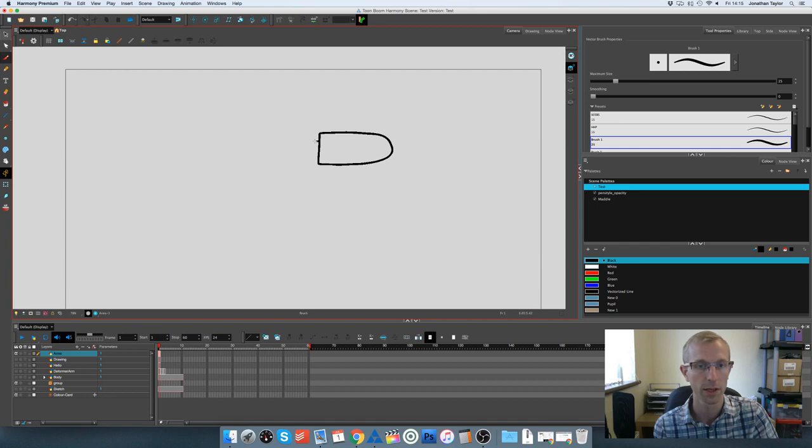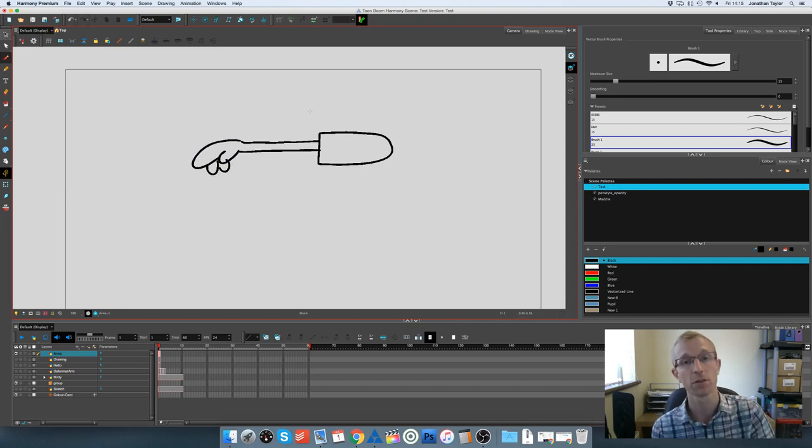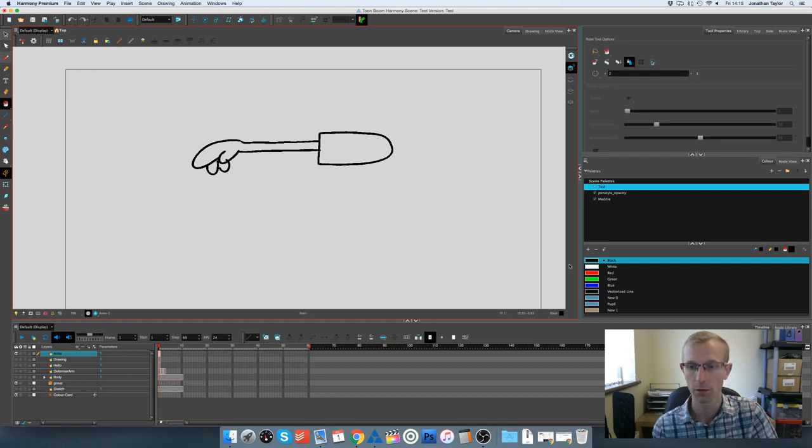I'm just going to do a sleeve, and just do a very simple hand. Okay, so again, very quick. I'm going to show you how to create a deformer and the differences between them. So once you've done your drawing, I'm even going to colour it in. So let me just go to my paint. Paint bucket. I'm just going to come over here and just fill that some colour